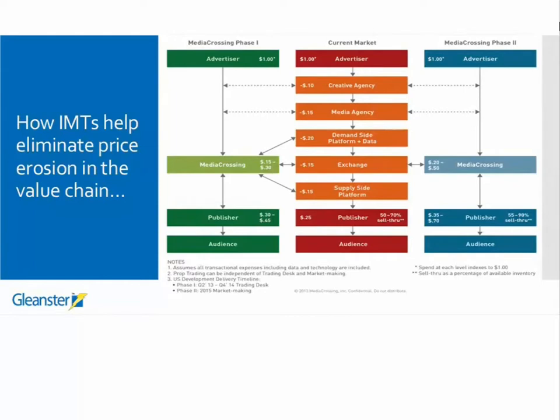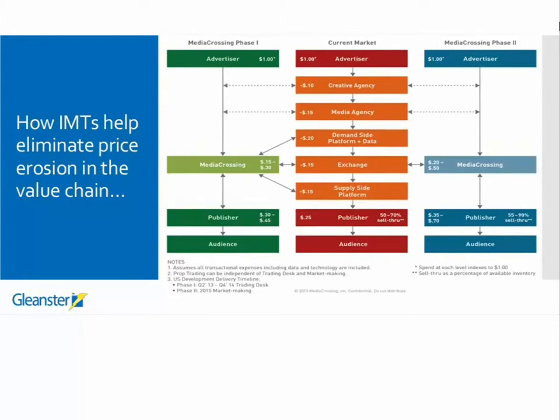Yeah, and to that end, I want to be conscious of time. We've got about 10 minutes, and I want to leave some time for questions and answers. But can you just walk through, because we were talking about how you can effectively eliminate some of the costs in the current market. Can you walk through phase 1 and phase 2 for you guys and give some insights into how this actually works? Sure. So we just looked at the middle column in the previous slide